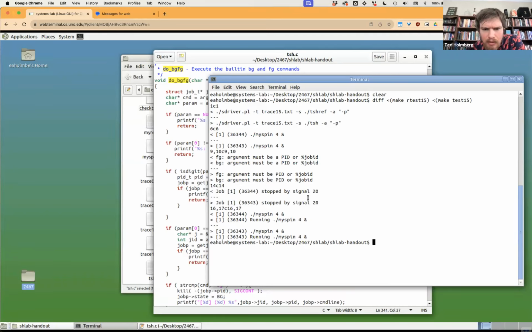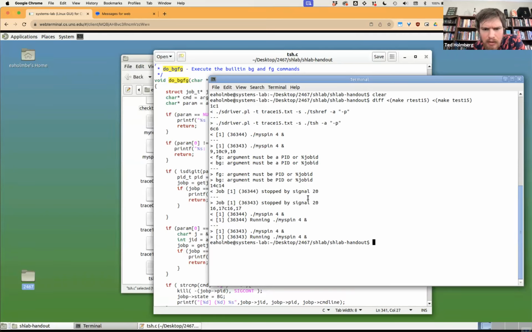So I just have to fix this. I'm not seeing instantly what that is, though. Argument looks correct. Must be. Oh, I see. Must be a PID. Okay. Must be a PID